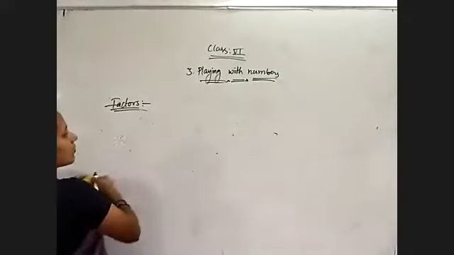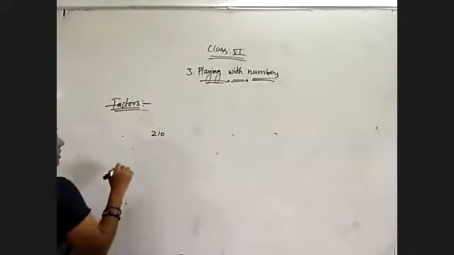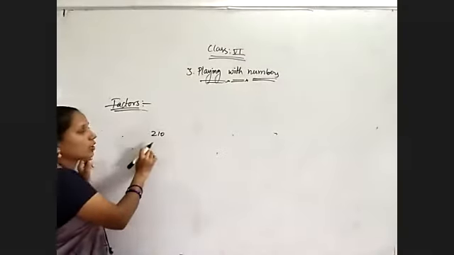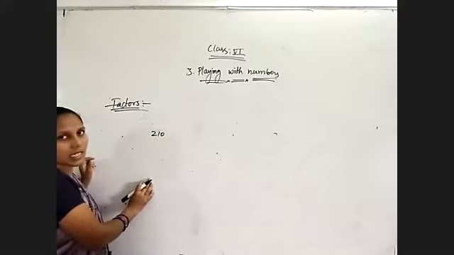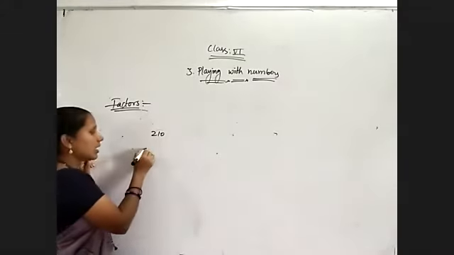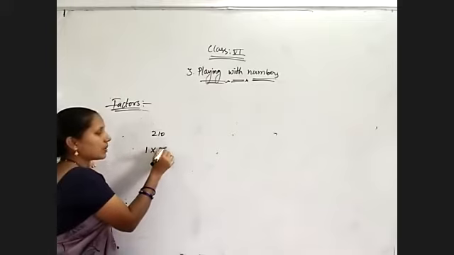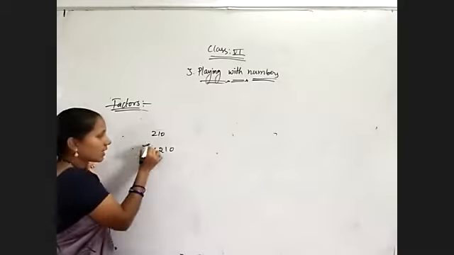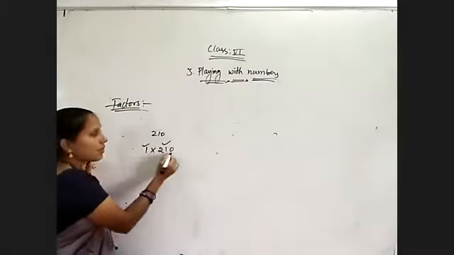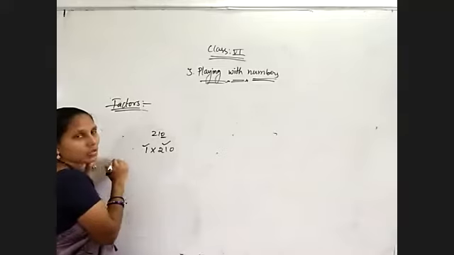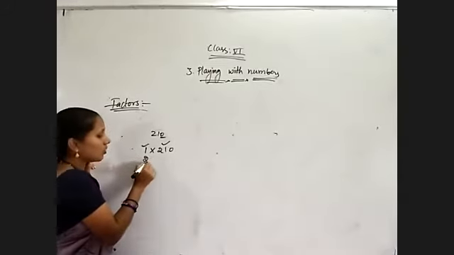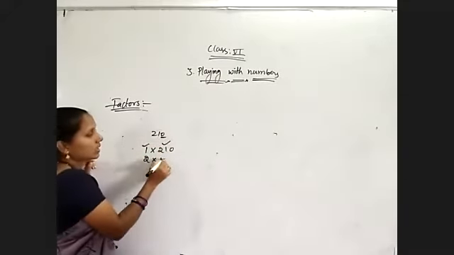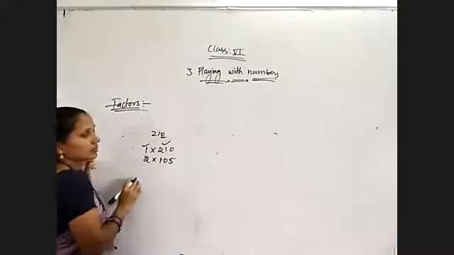What are the factors of 210? I need to write 210. So it is very difficult to write what I told you. So checking 1 to 210 tables is very difficult. For that sake, 1 is a factor for every number. Means 1 into 210 is 210. So 1 is a factor and 210 is one more factor. Because we have 0 in that number, it is divisible by 2. So 2 into 2 ones are 2, 0, 2 5s are 10.